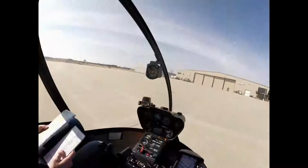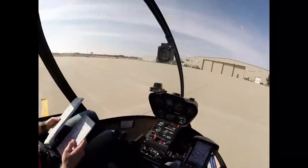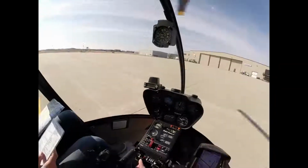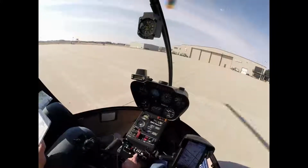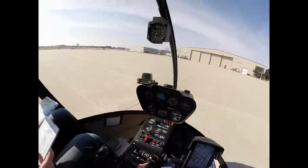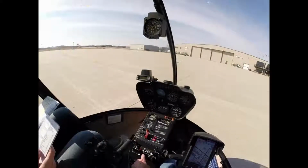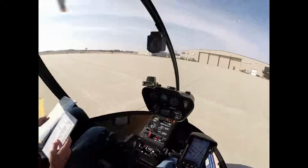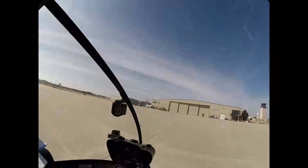Okay, I want to show you how to change the radio frequencies. This is the active frequency. That's the tower. That's the standby frequency. The outer knob, the big one, changes the megahertz. The little knob changes the decimals. Okay, so set it on